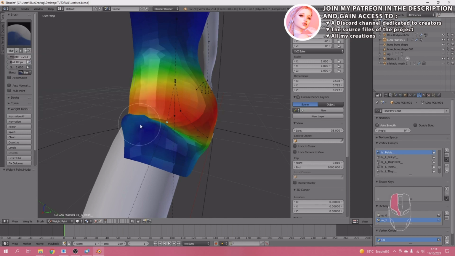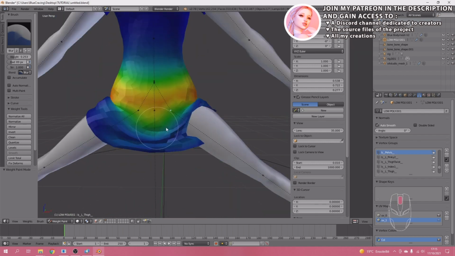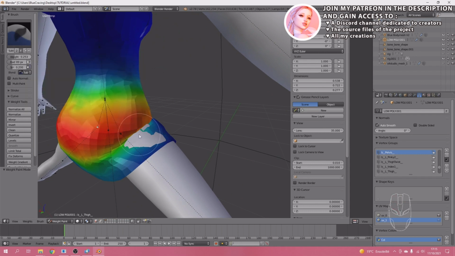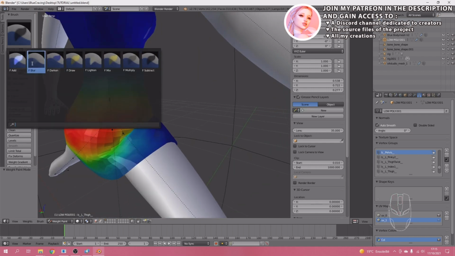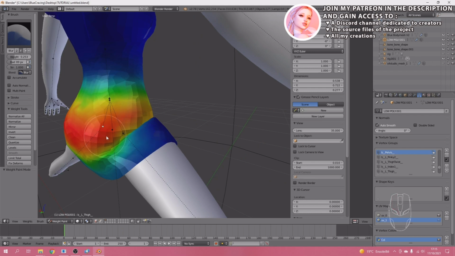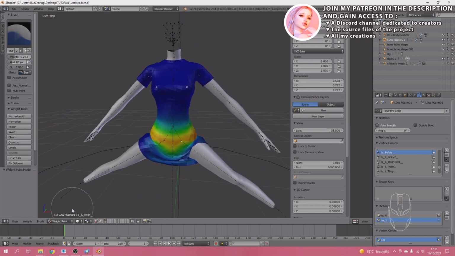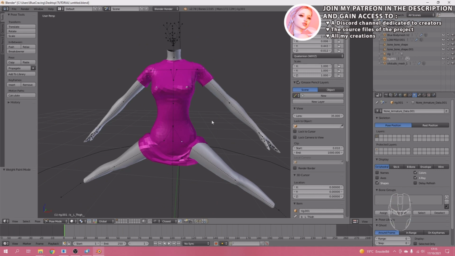Maybe blow a little bit to have something smooth. And the same for the other side. And blow. Perfect. So normally I will test the other one, but